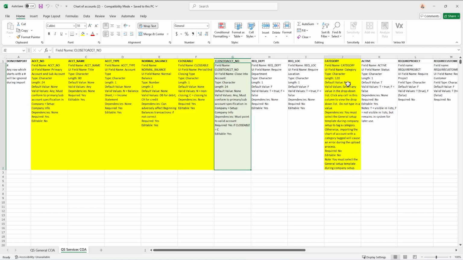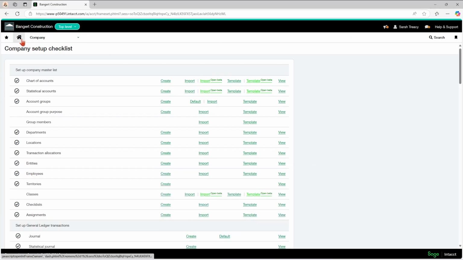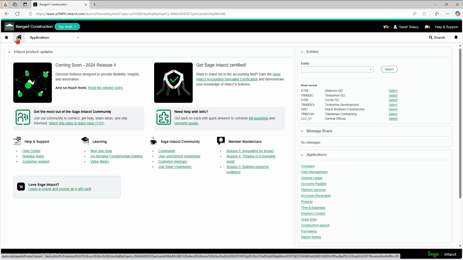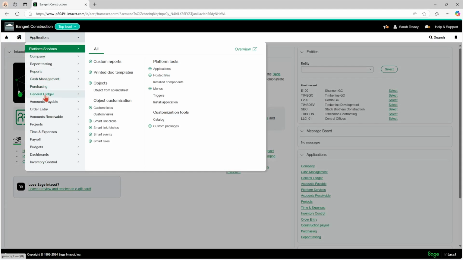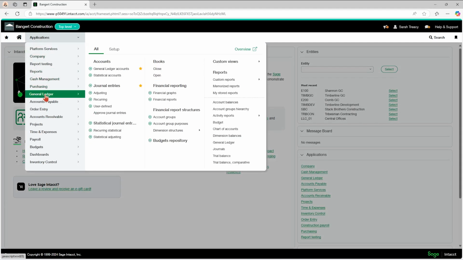And then you'll see Quick Start categories over here, and that is actually not required, but I have it highlighted because you are definitely going to want to get your Quick Start categories assigned to your GL accounts so that you can pull them onto financial reports. And you don't want to be leaving this blank because otherwise you're going to have to go through and manually update all of those GL accounts to get your Quick Start category in. And your Quick Start categories, unfortunately, you can't add anymore and they cannot be edited. So you'll just have to look through them and find whatever it is that's closest to the category you think you need.